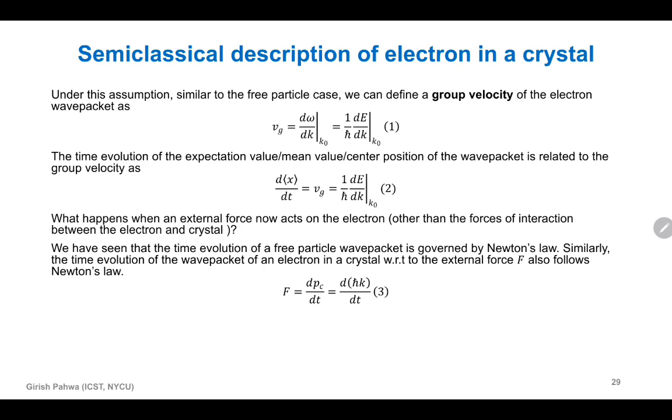By the way, why was the Vg non-zero? We didn't talk about that. Why was the group velocity non-zero even when you don't have an externally applied force? Because there are crystal forces, right? Of course, the electron is inside a crystal. So there are forces of interaction between the crystal and the electron, and due to the Schrodinger equation, it gives you a wave packet solution which is moving inside the crystal. But when I apply an external force, say F, which is in addition to the crystal forces, then